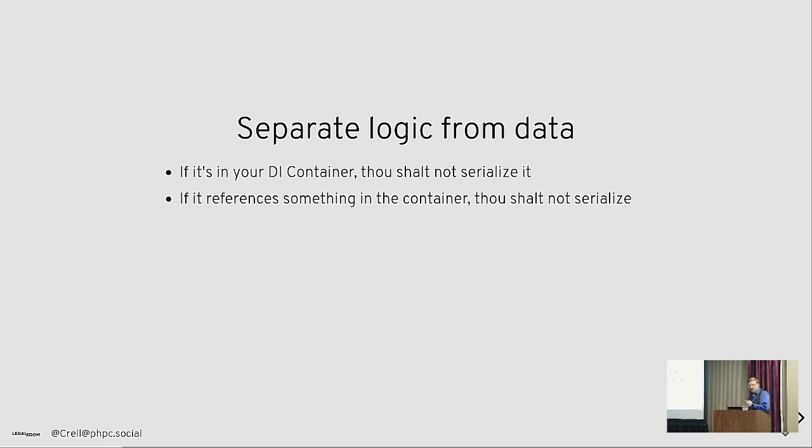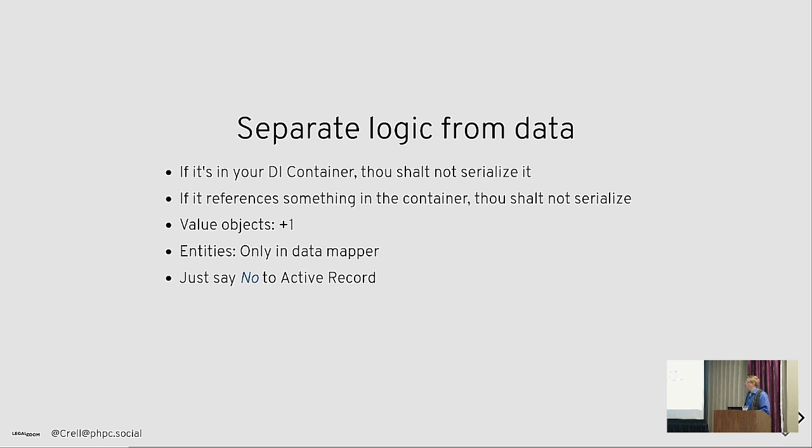services back. If you have a value object, or some people call these DTOs or something like that, totally fine. Those are great to serialize because they're just data. There's no connection to logic or state or system configuration. It's just data. That's good. If you have an entity in your system and you're using a data mapper model, then those should serialize fine in almost all cases. If you're using active record, well, guess what? You can't safely serialize and unserialize.